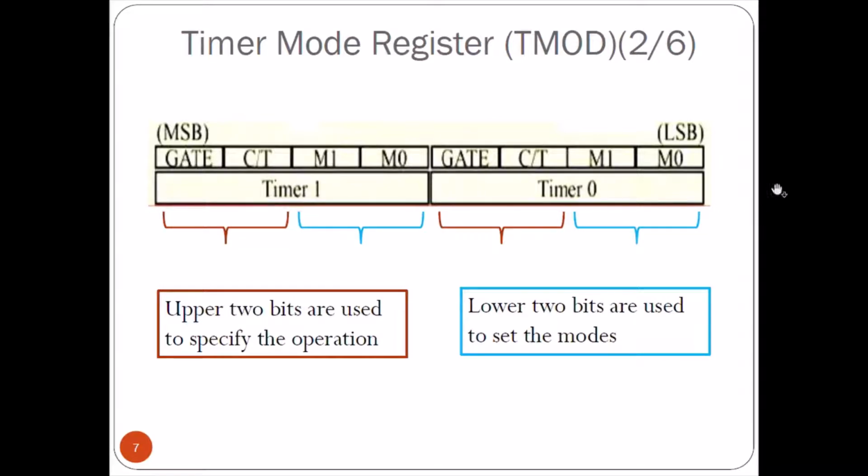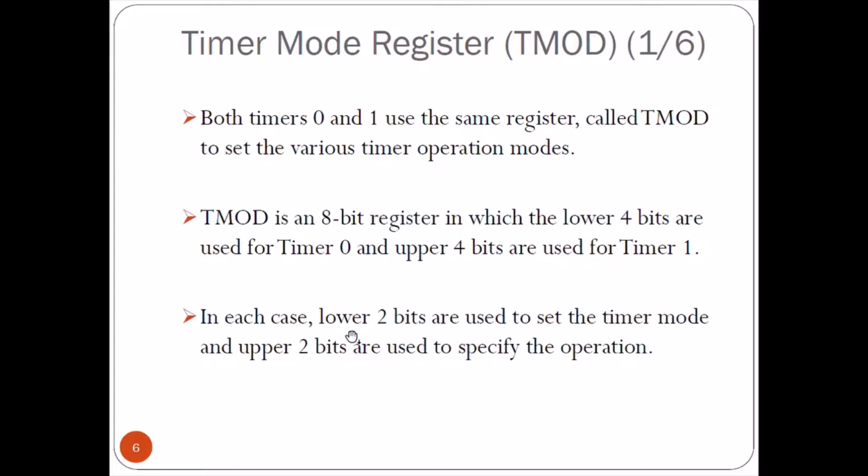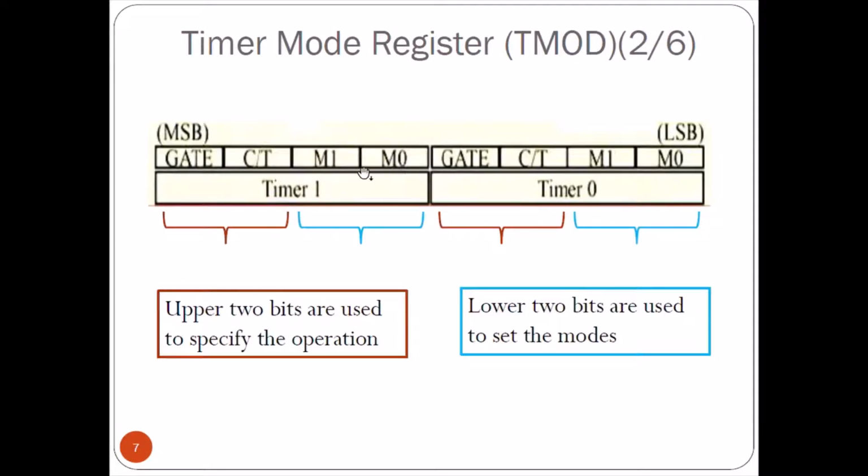This is the TMOD register. This is timer 0, that is the lower nibble. This is the upper nibble for timer 1. In both the cases, M1, M0 is present. That is, in each case, lower 2 bits are used to set the timer mode. So out of the 4 modes, which mode we will use is denoted by these 2 bits, and then this